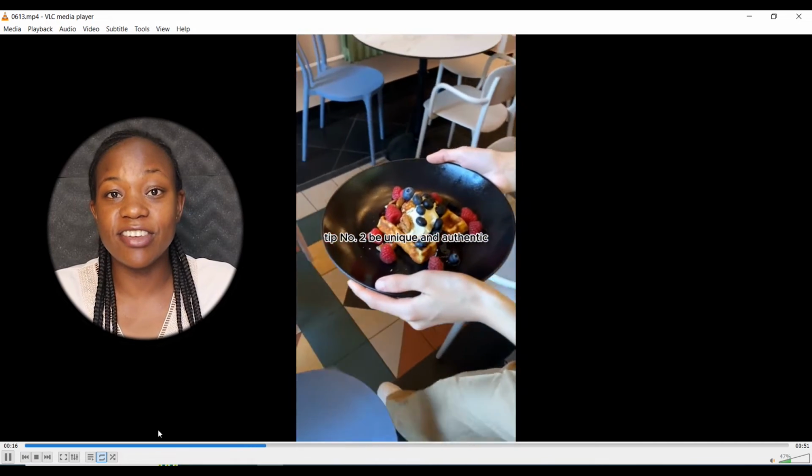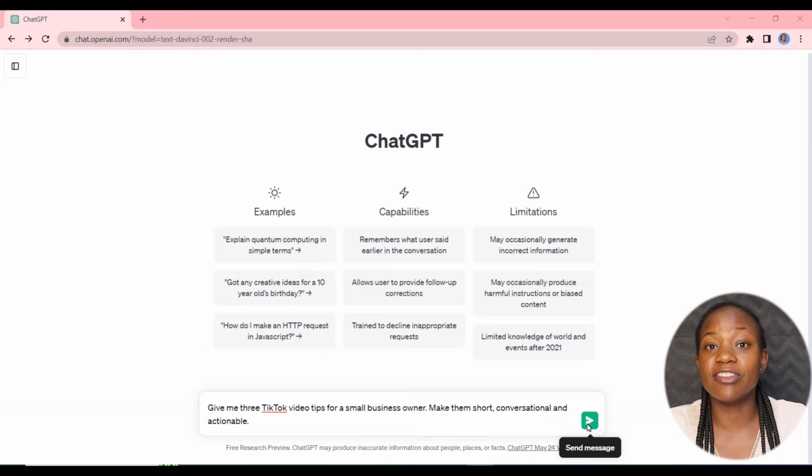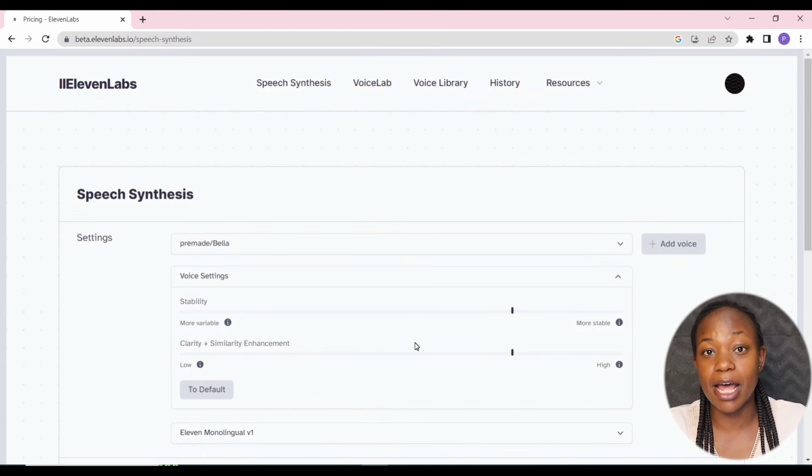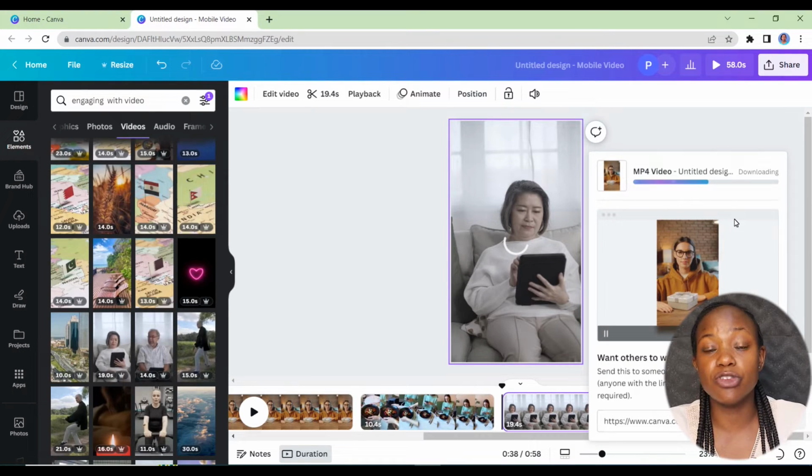Here's how to create engaging Instagram Reels using AI tools and without having to show your face. For this, we are going to use ChatGPT to generate our script, 11 Labs to give us a voiceover, then we're going to go on to Canva to get a B-roll, and lastly, we are going to join them all